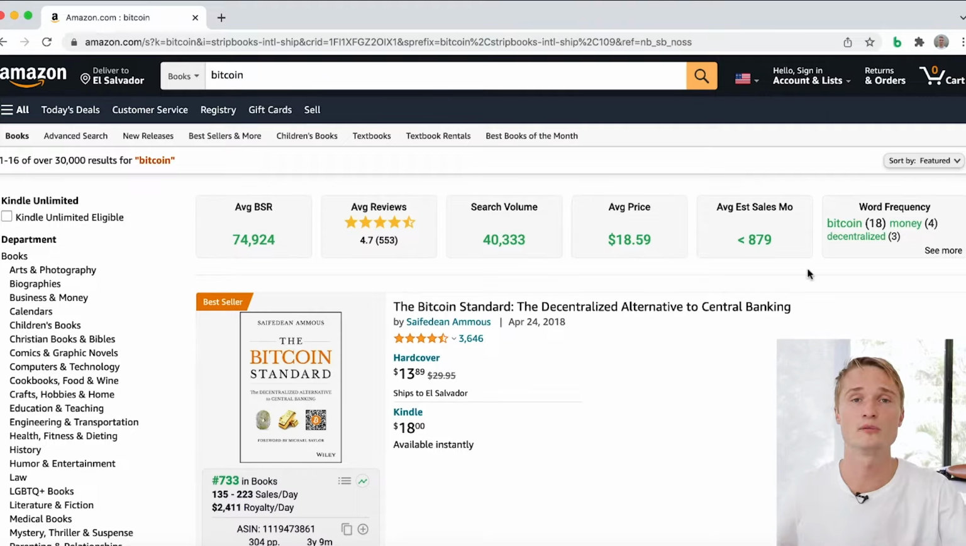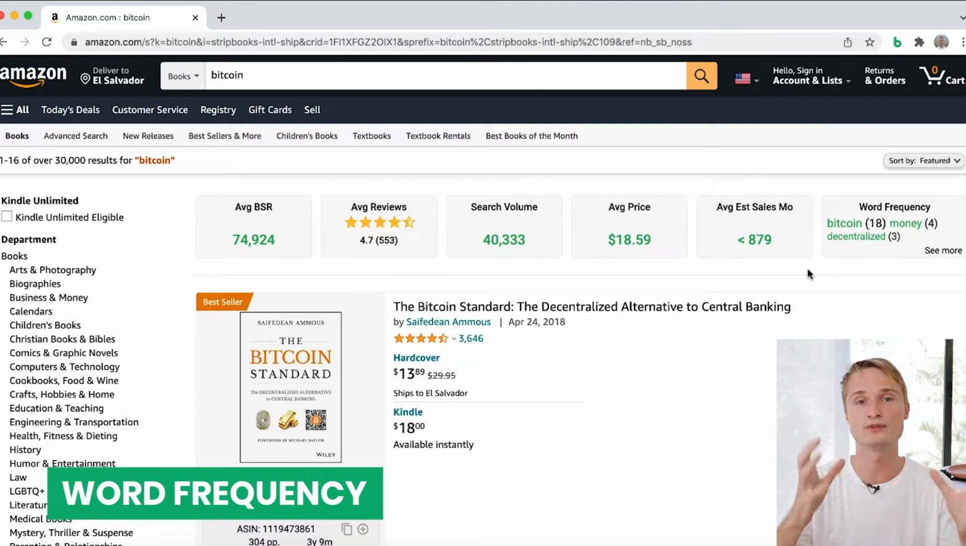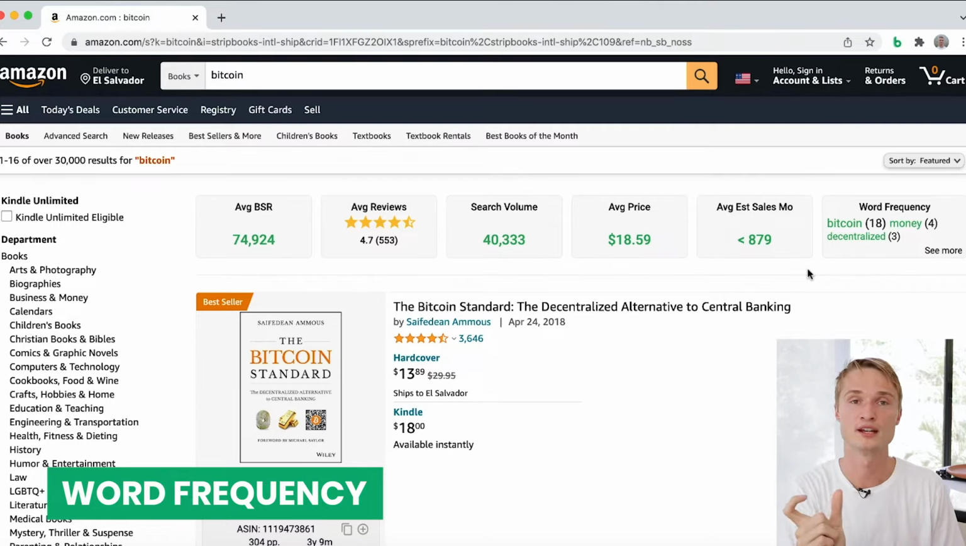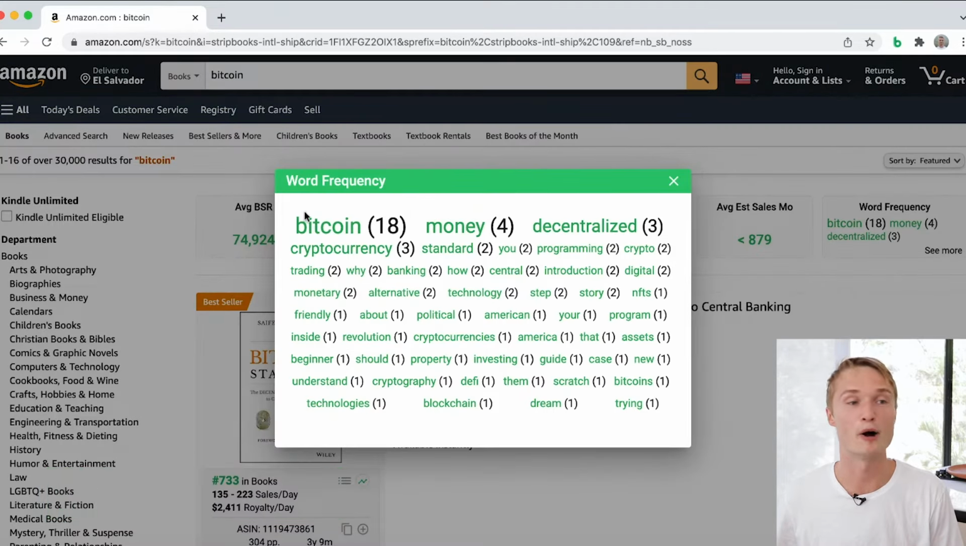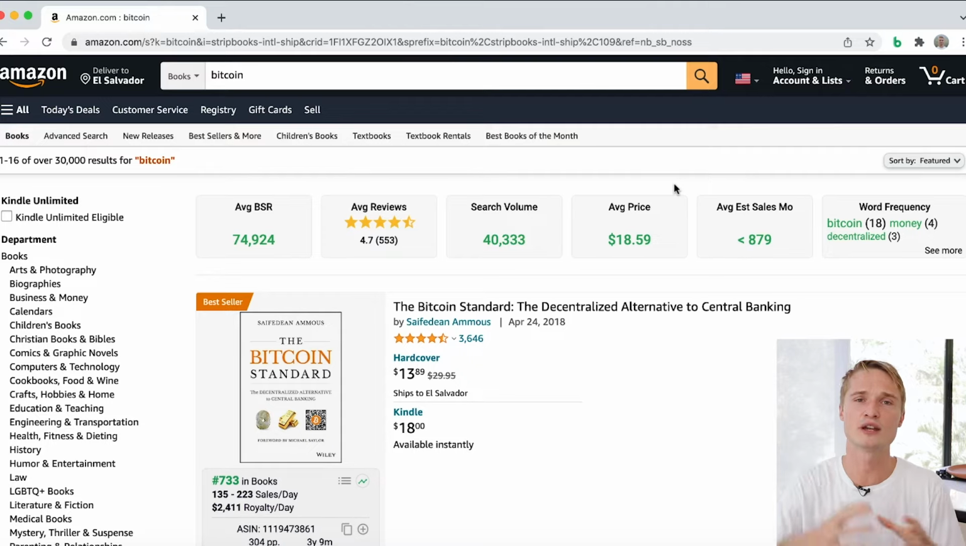So besides search volume, what is also worthy of note is word frequency. Word frequency will tell you how often the different words inside of the titles repeat. Here we see that Bitcoin is the most popular one, then money repeats 4 times, Bitcoin repeats 18 times, decentralized, cryptocurrency. Where this is handy is when you are perhaps less familiar with a certain topic or a certain niche,